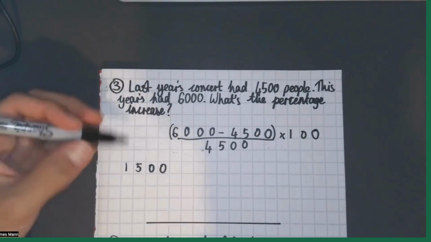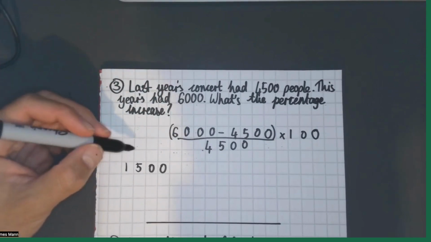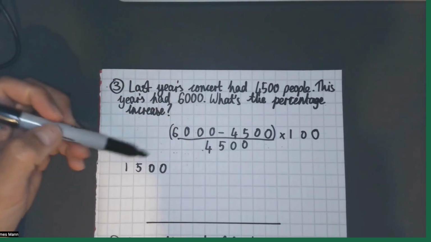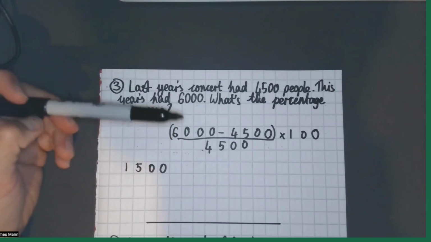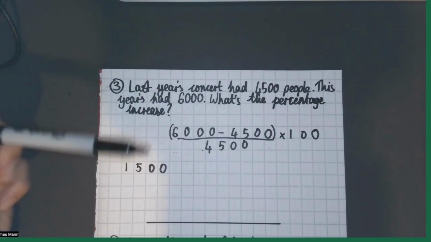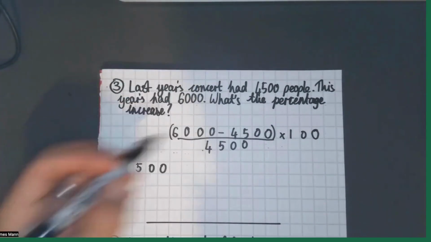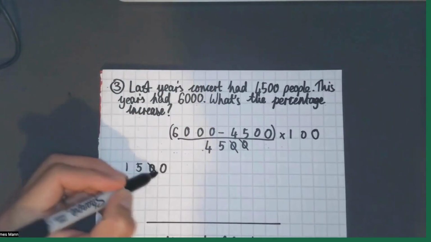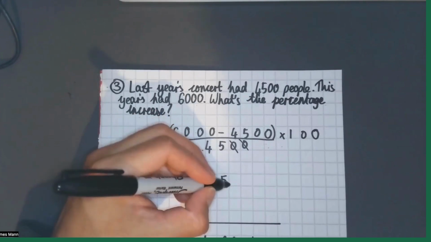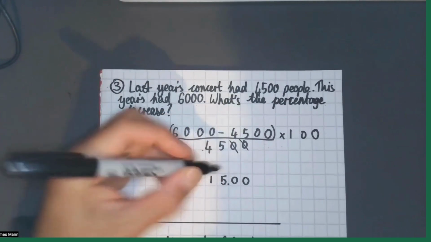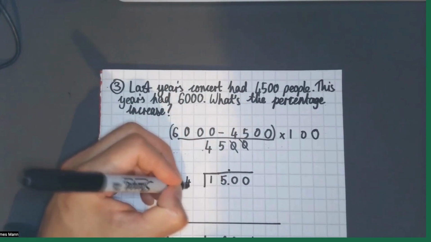But fortunately, due to place value rules and knowledge, we know that dividing 1,500 by 4,500 is the same as dividing 15 by 45, because they're both in the thousands. So I can cancel these out, and my sum now becomes 15, and I know I'm going to need some decimal points, some decimal places. So I can now just do